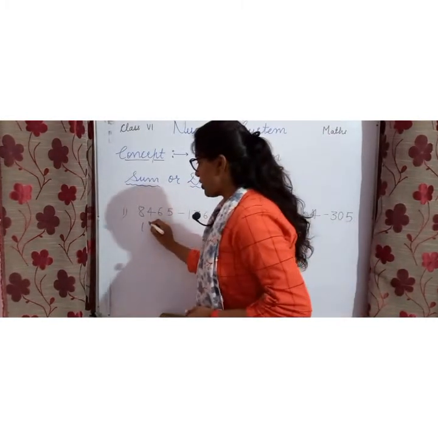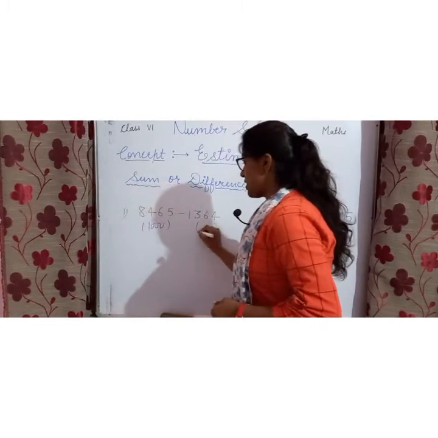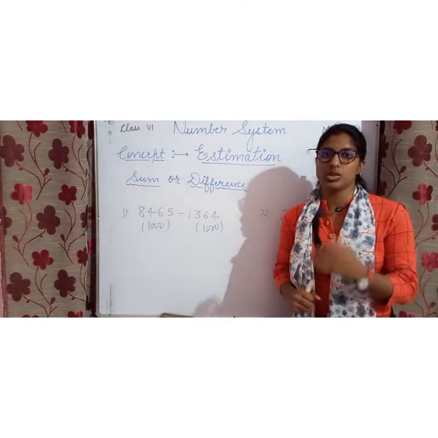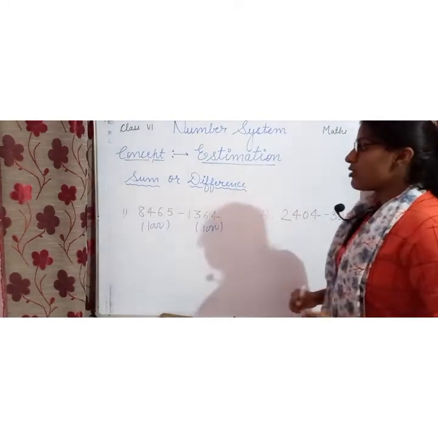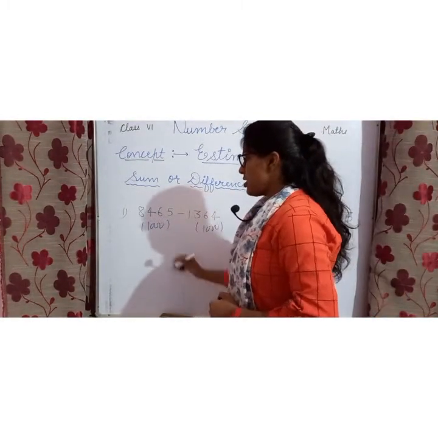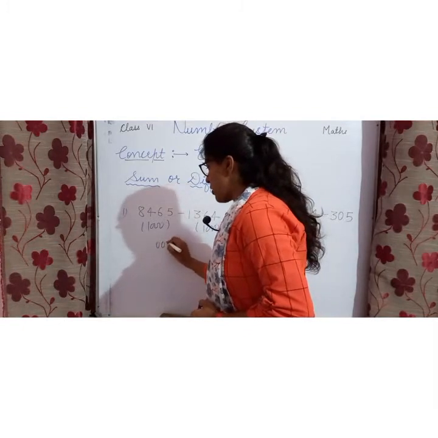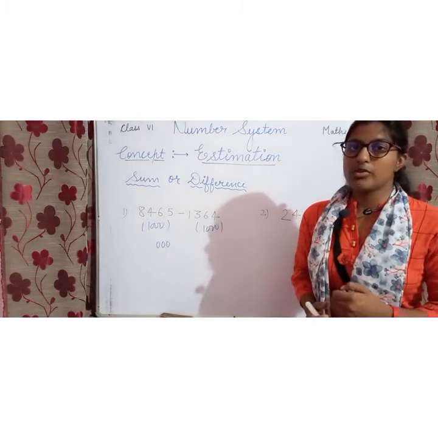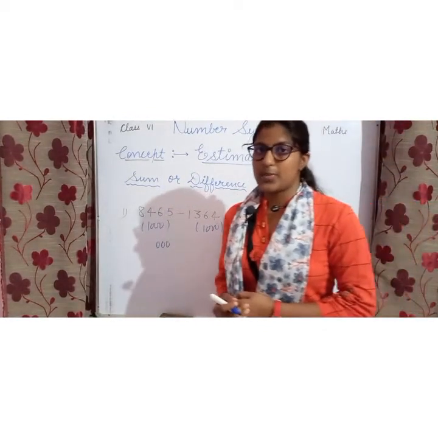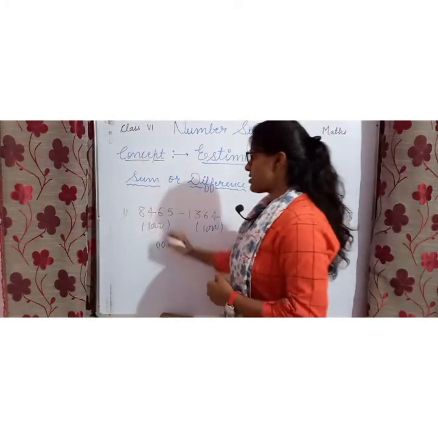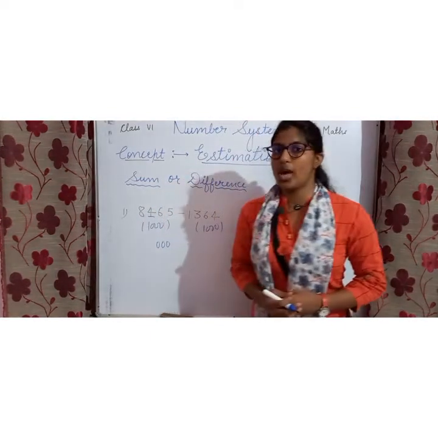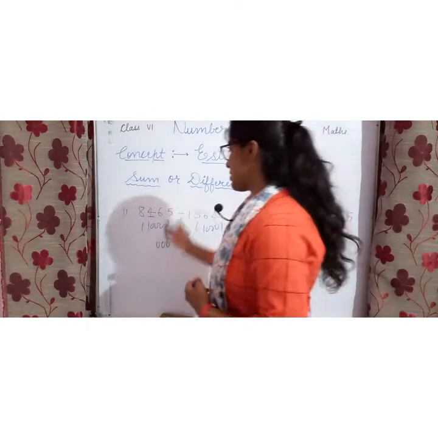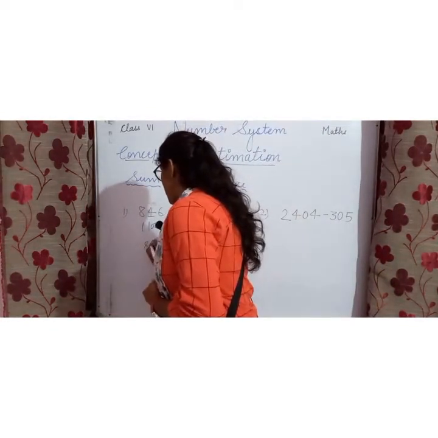So, we want to round off both the numbers to the nearest 1000. Now, we are putting 0 at the ones, tens and 100 place. After this, we will see what comes at the 100 place. You can see at the 100 place you have 4, that is lesser than 5. So we will not make any kind of changes and it comes as it is, 84,000.